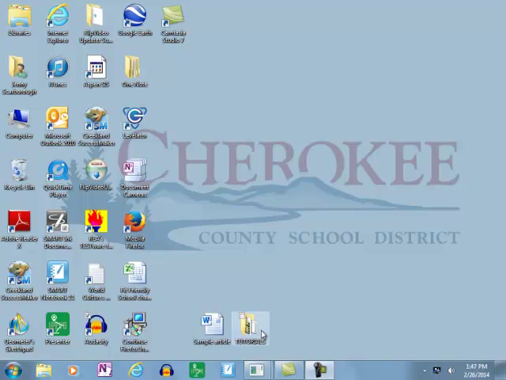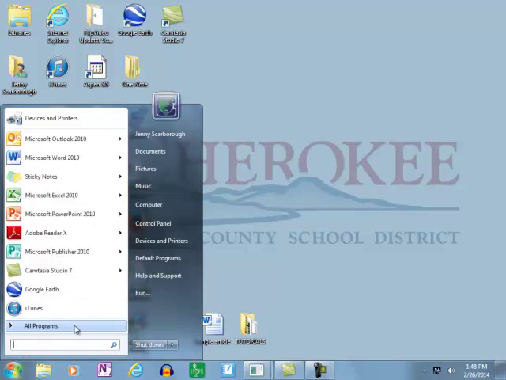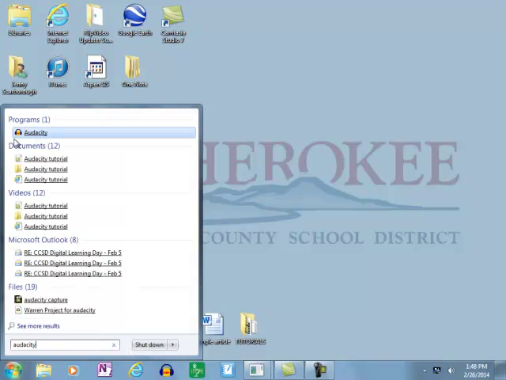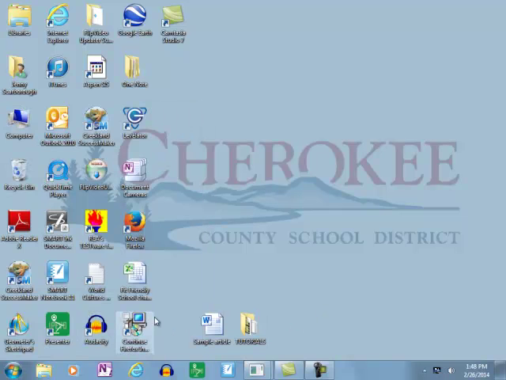Our first tutorial will focus on recording sound in Audacity and a little bit about the basics. This is the Audacity icon. If you don't see it on your desktop or at the bottom down here, then go ahead and click on the start bar, and you can simply type in the word Audacity and you'll see it pop up under the different programs. You're looking for the headphones. Okay. Double click on the icon,